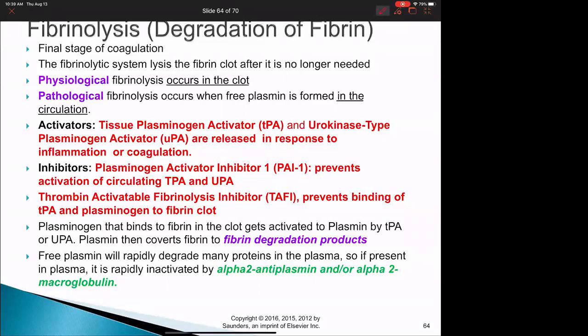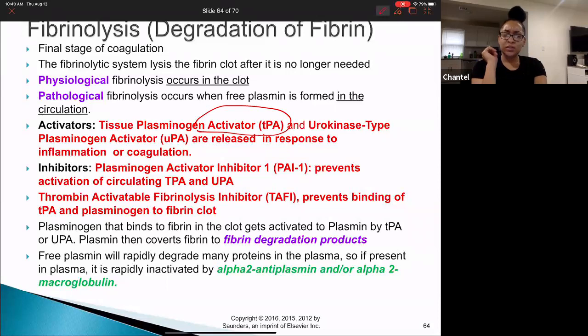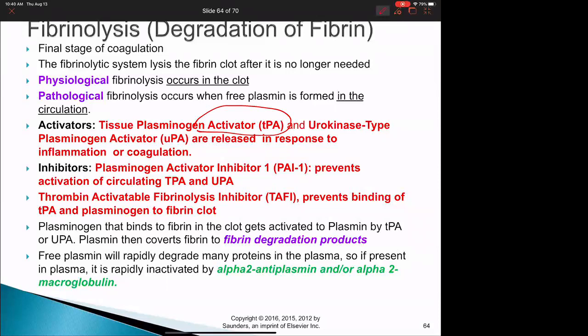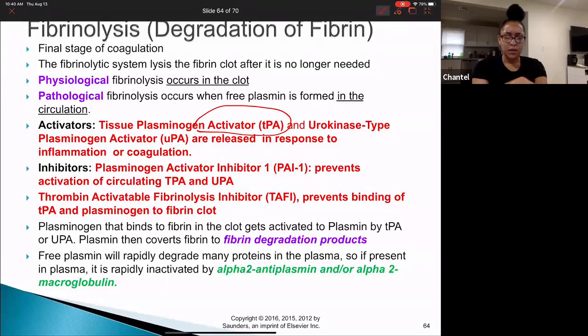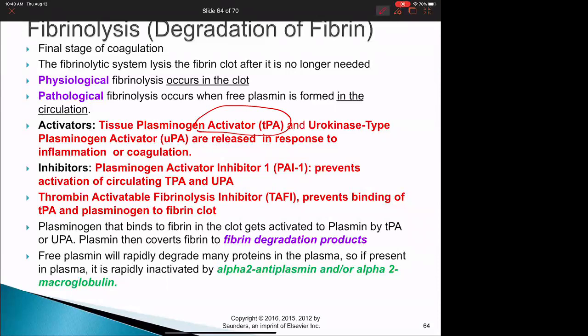Has anybody ever heard of TPA before? Is TPA used like for stroke patients? Yes, very good. Yes, it is. Tissue plasminogen activator is an agent to break down a clot, okay? And it is actually physiologically something that we have in our bodies, but it can be synthesized to give us medication as well, all right? So tissue plasminogen activator, TPA, is an activator that we have to activate fibrinolysis, so to break down the clot,